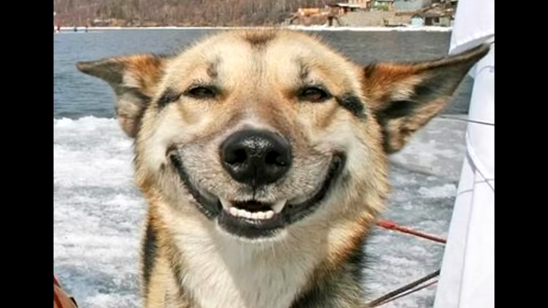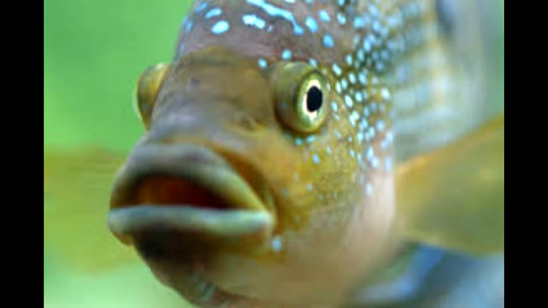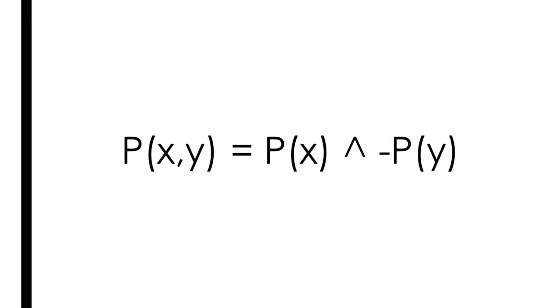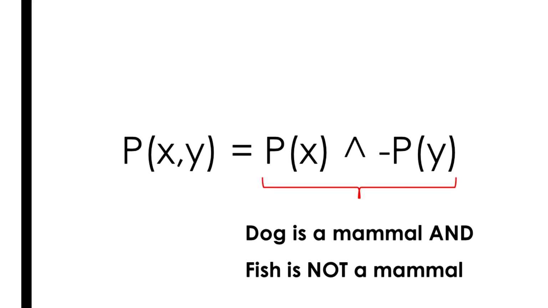the variable used. If we were to denote another given statement, for example, a dog is a mammal but a fish is not a mammal, then we would denote it as p of x and y, wherein the predicate is x or y is a mammal or not a mammal. X refers to a dog and y refers to a fish. Then, we can state that p of x and y is equal to p of x and not p of